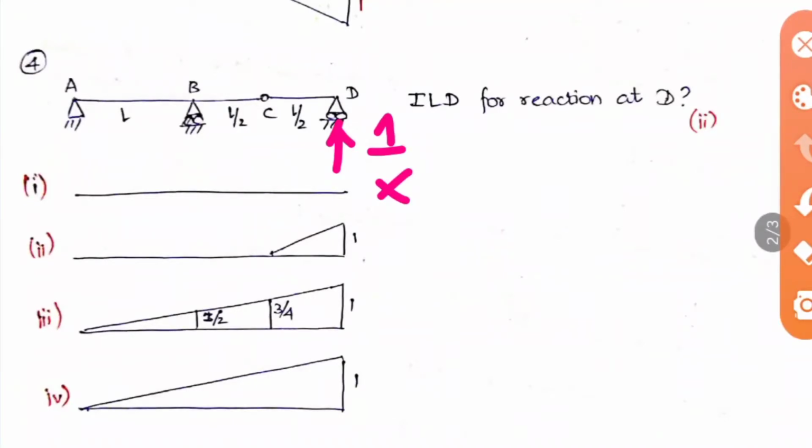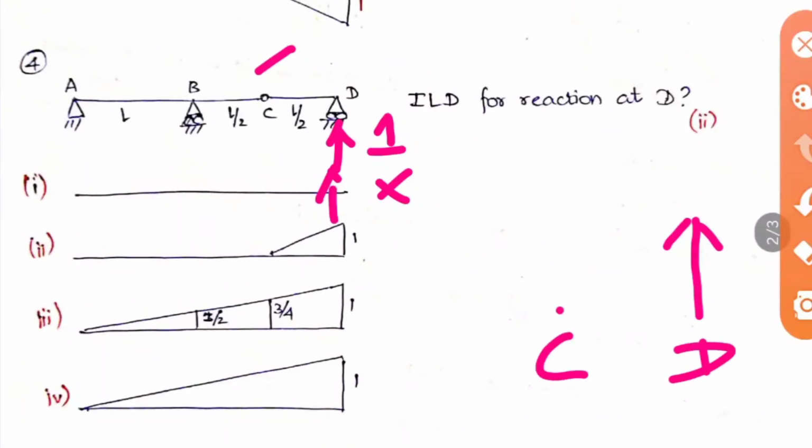Okay, so when you go to the next option, here at the point C an internal hinge is given. So what does an internal hinge mean? It will not transfer the forces or moment to the other side of the beam. So when this is the case and a unit deformation is applied here, the structure will lift here at the point D. But at the point C it cannot lift, so automatically it will be 0. Okay, the only answer that has 0 at the point C is option B. So you can go for option B.